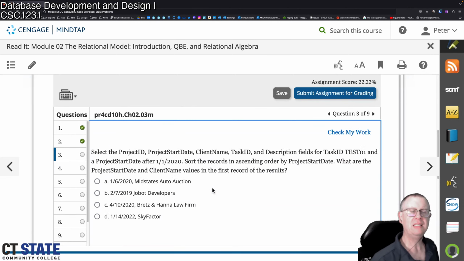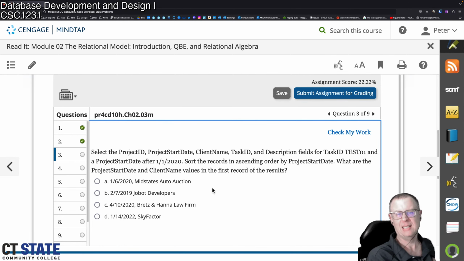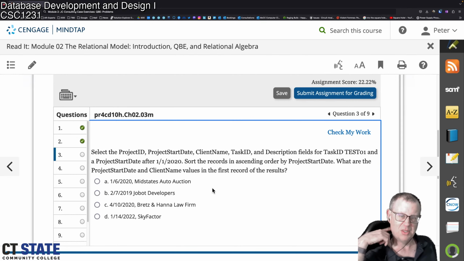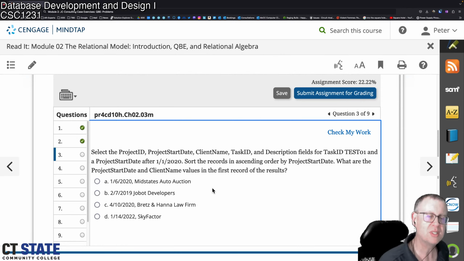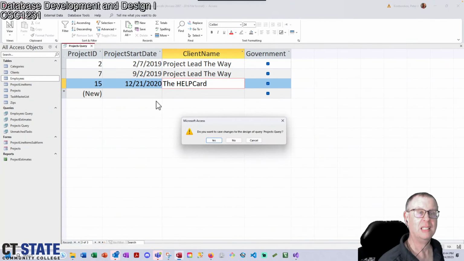Okay, and select the project ID, project start date, client name, task ID and description fields for task ID test 01 and a project start date of that. Sort the records in ascending order by project start date. What are the project start date and client values for the first record of results? Okay, I might leave this one as the last one to do. So let's have a look. We will close that